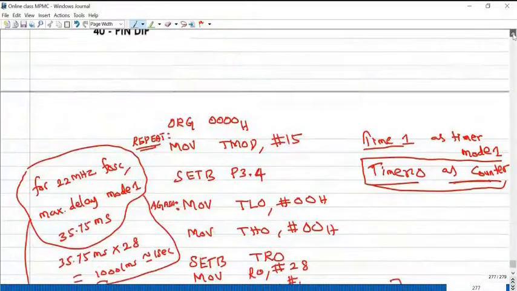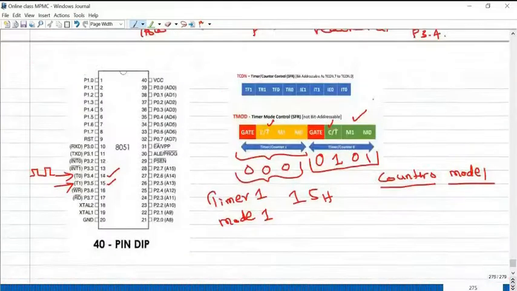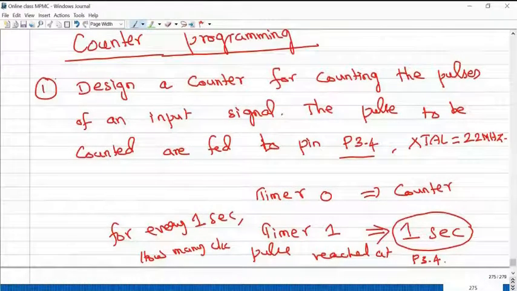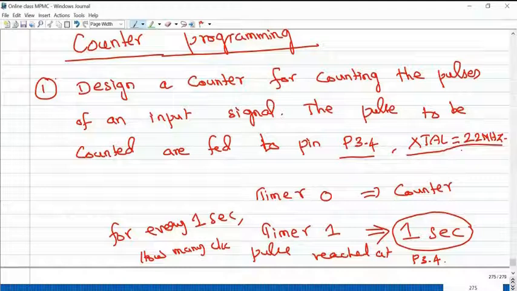So I'll repeat once again. Please be clear about the objective of the question. In the question, nothing is mentioned about using timer 0, timer 1 and all. At pin number P3.4, the external clock pulse is arriving. Microcontroller oscillator frequency is 22 megahertz. So this is the given problem.